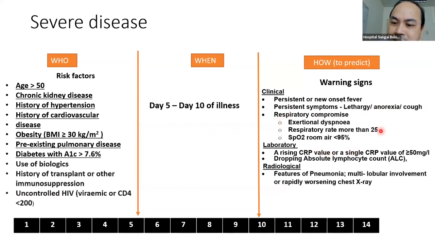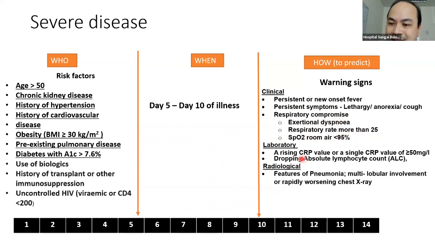Every patient that we see in category 1, 2, 3, we ask: do you get breathless when you walk to the toilet? We count your respiratory rate for 1 minute and see whether it is tachypnoeic or not, and we check your SpO2 whether it has fallen. Any of these three suggests that you are going into category 4.